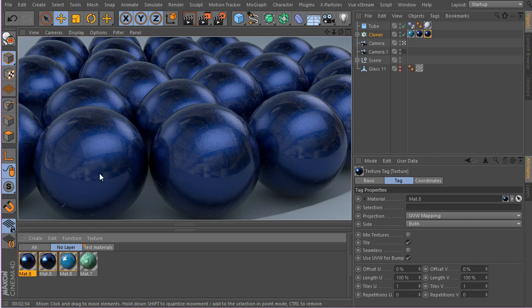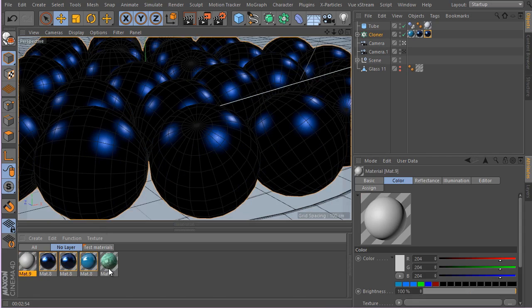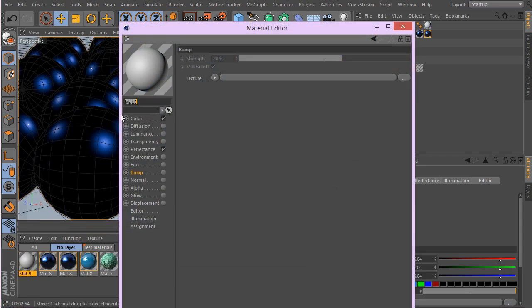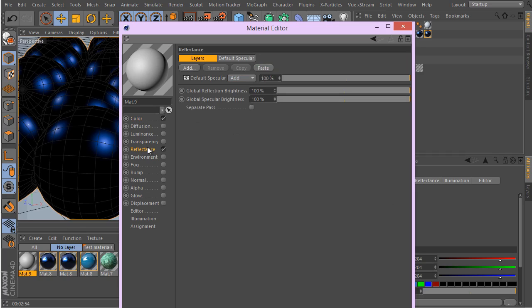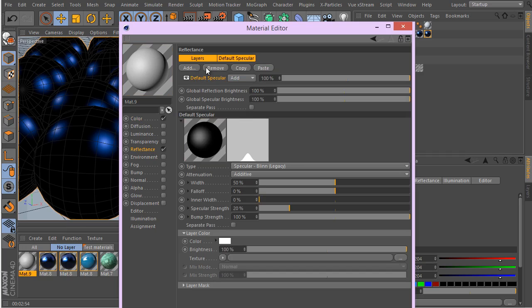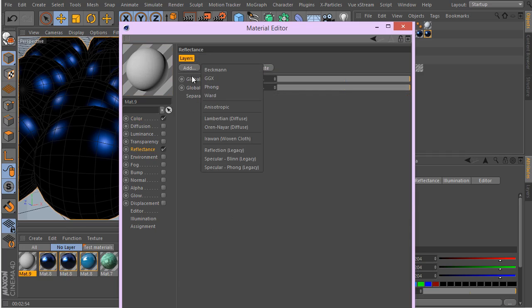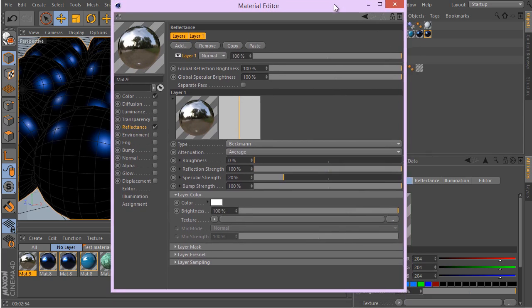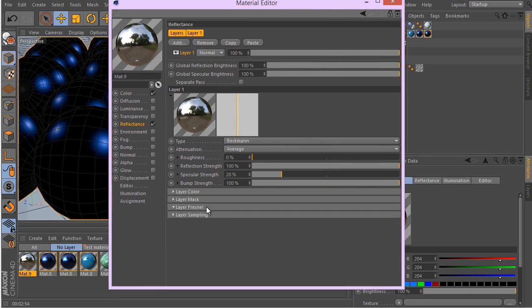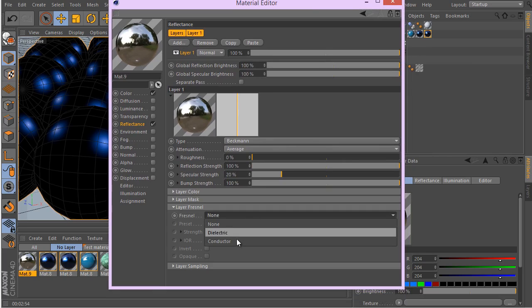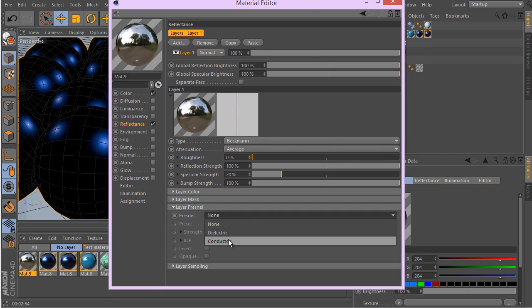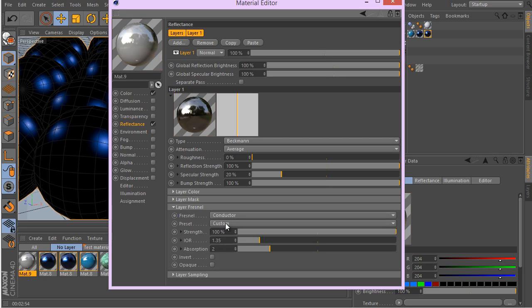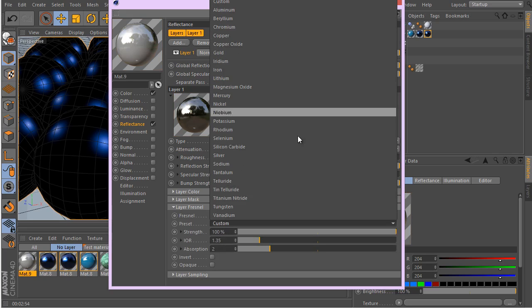Now let's go ahead and create some metals. For example, what if you want to create something like chrome? Create a new material, go to reflection, add again, delete these default speech here, add a reflection layer here, and there we go. You got the chrome. Go to your Fresnel here and change this to conductor. As we said, this is more suited to metals and opaque surfaces. And now you got all of these metals that you can